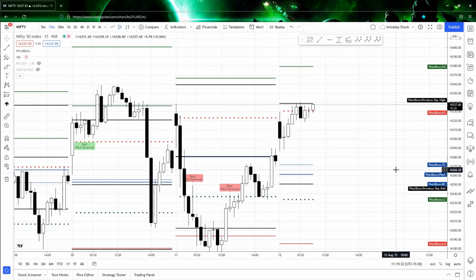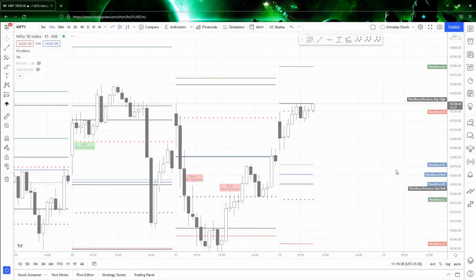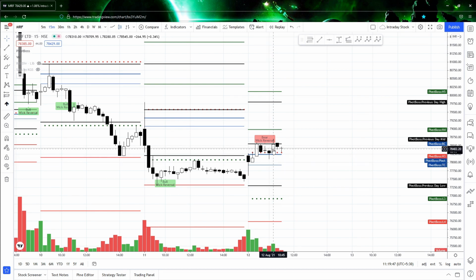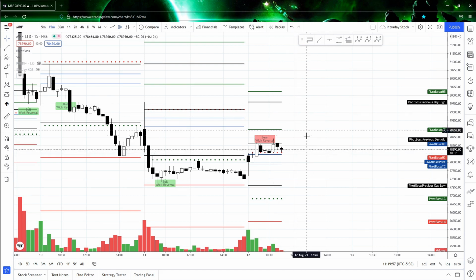So these are the updates for Nifty and Bank Nifty, and I have given an update on the moving average as well. One stock which I was noticing, or which I am tracking, is MRF. I could see a wick reversal setup which gave me an alert over here, and after that the wick reversal setup gave 1:1, but I am expecting it can move further upside. I could see it is taking some support in the Camarilla as well as in the CPR. So I'm expecting some upside move in MRF.